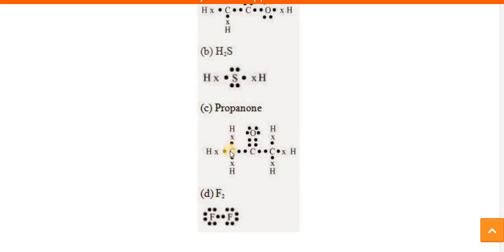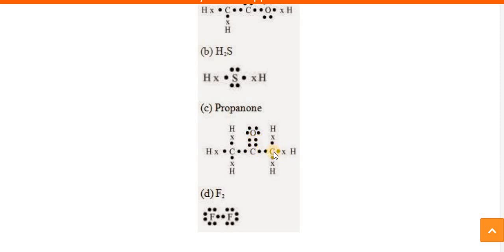CH3COCH3. So here you can see, from the 4 electrons of this carbon, 3 are shared with the hydrogens, and these 3 hydrogens also share their 1 electron each with the carbon, and from the 4 electrons, the 1 that remains is shared with the other carbon atom. And similarly, this other carbon atom shares 1 with the first carbon atom, 2 with the oxygen and 1 with the other carbon atom. Here, the oxygen shares these 2 electrons and these 2 electrons. The CO bond is ready, but here the double bond is formed.